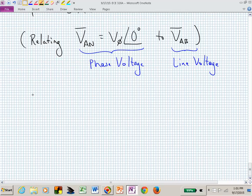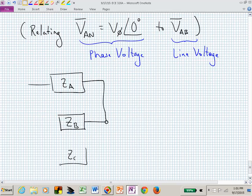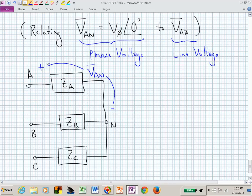Let me now sketch what we have. We have the A phase impedance. We have the B phase impedance. And we have the C phase impedance. Here's the A terminal, B terminal, and C terminal. And now what I'm wanting to relate is this voltage V sub A n that's dropped from the A terminal down to neutral,